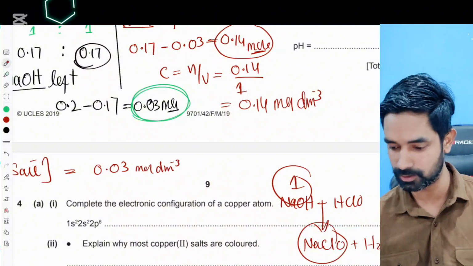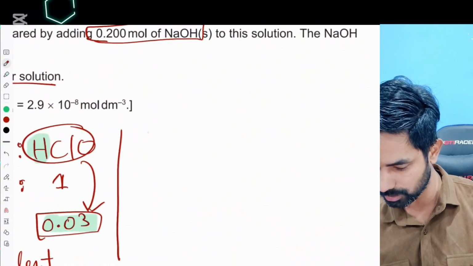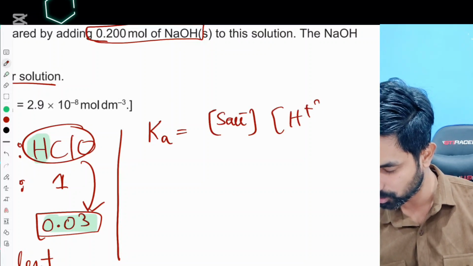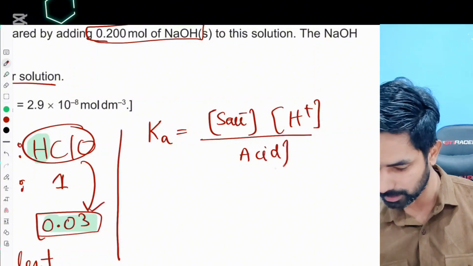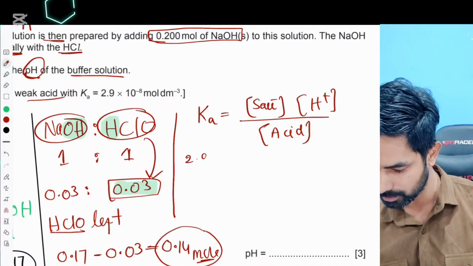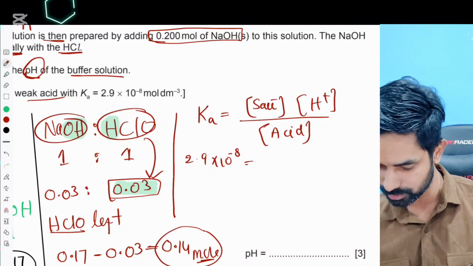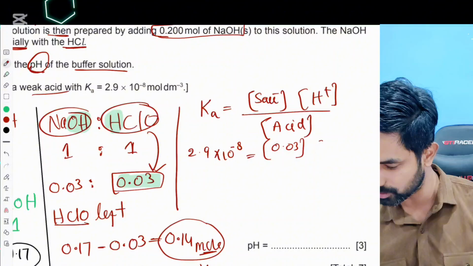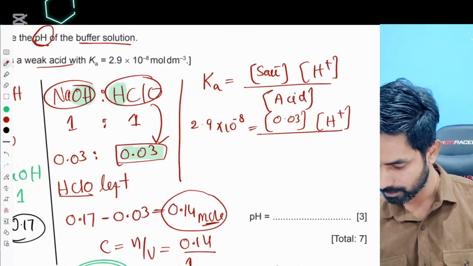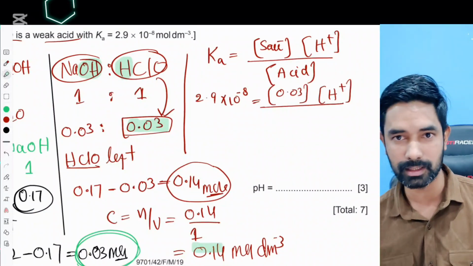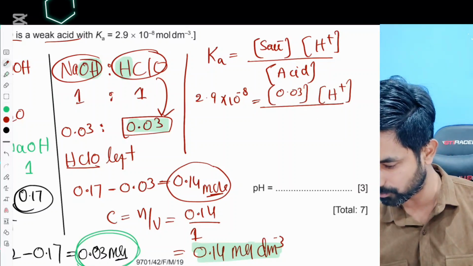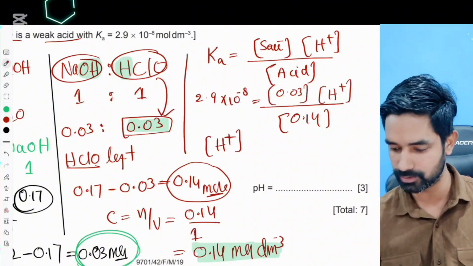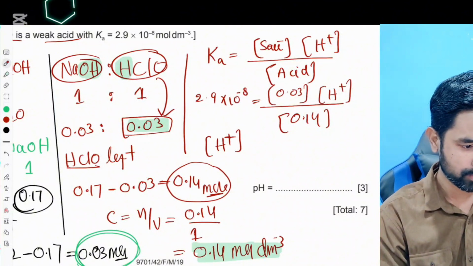Now we can plug these values in the formula and we can find the answer. So Ka is basically concentration of salt times concentration of hydrogen ions over the concentration of that weak acid. Ka was given in the question. It is 2.9 times 10⁻⁸. Salt की concentration हमने अभी find की, that is 0.03, and H की concentration what we are looking for. Acid की concentration it is 0.14. So let's do the maths and find the concentration of hydrogen ions. Once you know the concentration of hydrogen ion, you can then plug in the value. So we have